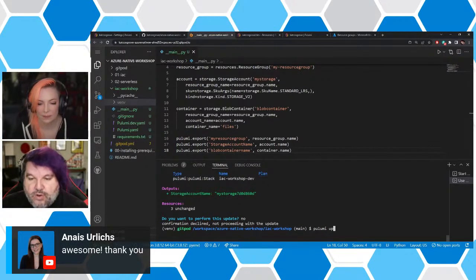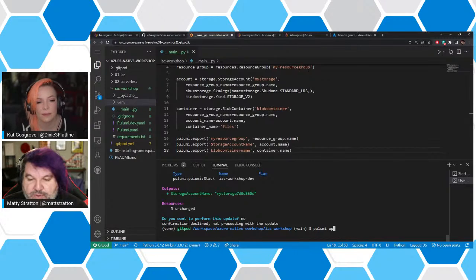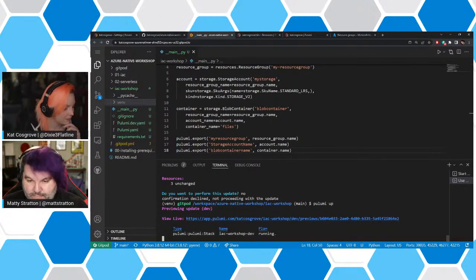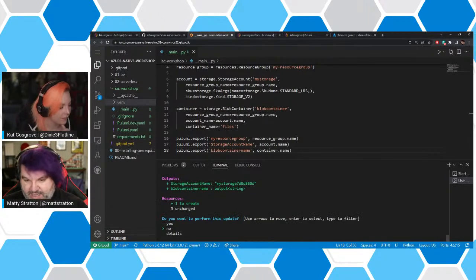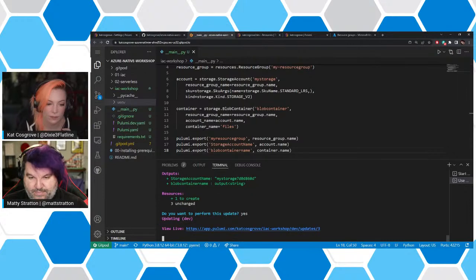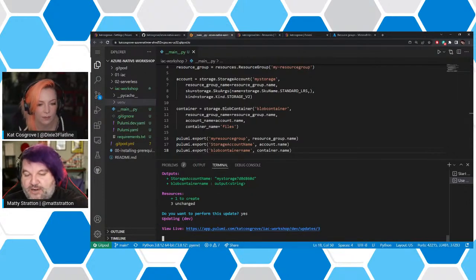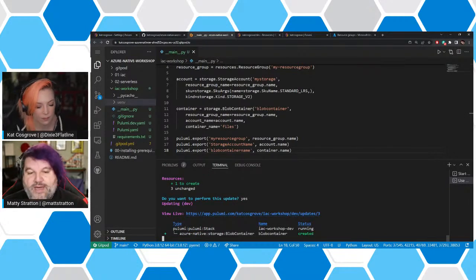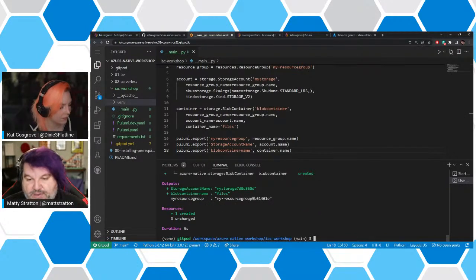Okay. So we put in the blob container and basically just made a container called files. There's nothing in it yet, but now we have it. It'll go ahead and create that relatively quickly. And now you'll see the blob container name. In the preview, it couldn't tell us what that output was because it hadn't been created. But now, as I'm pointing at my screen, you can see that it has a value.